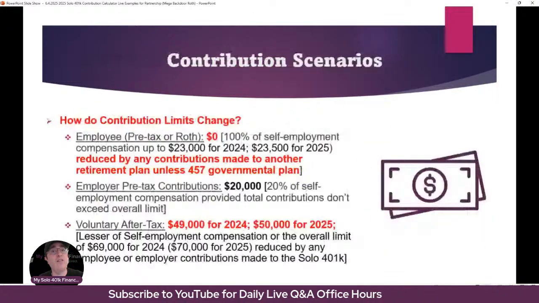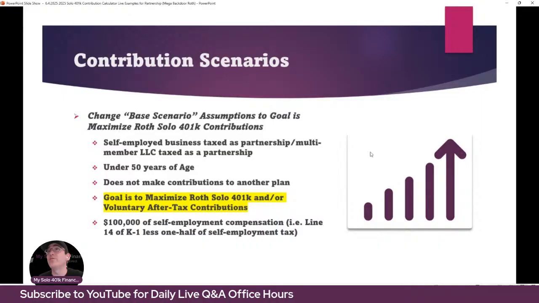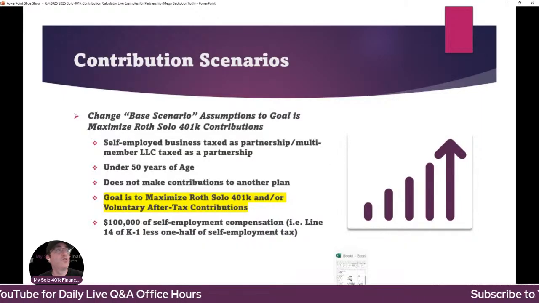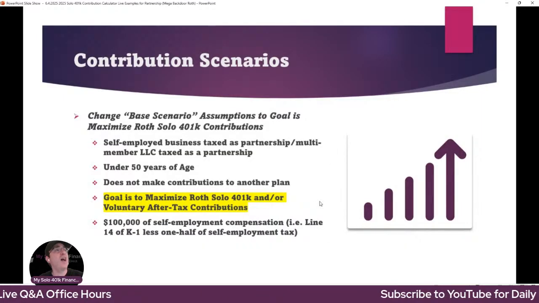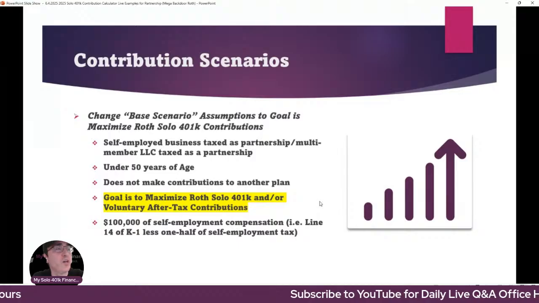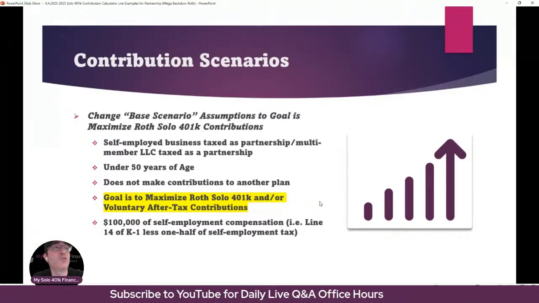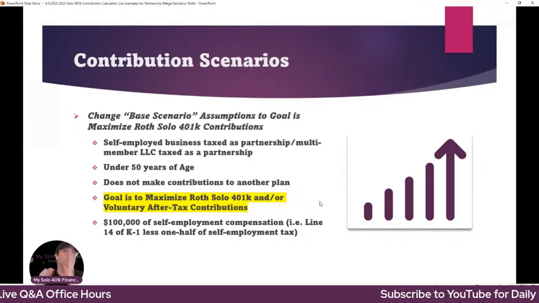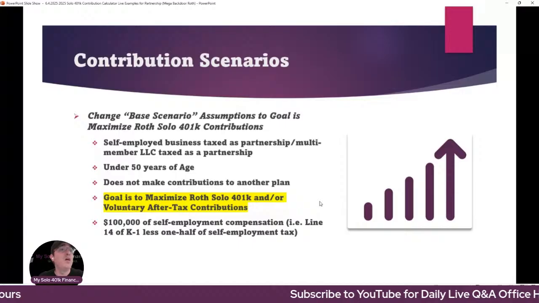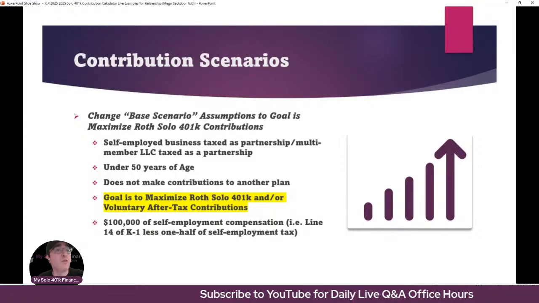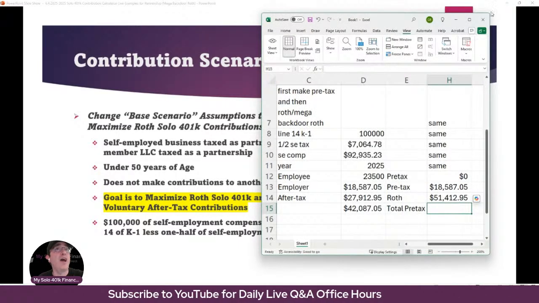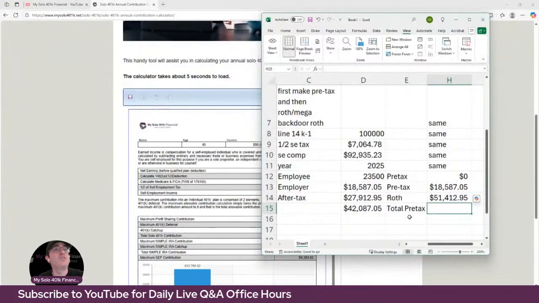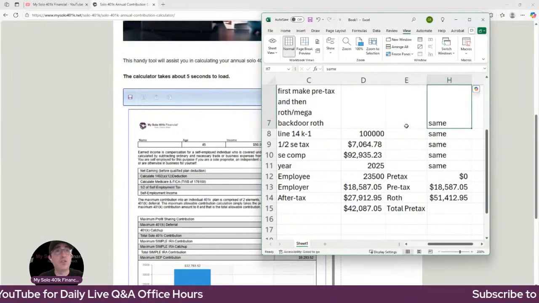Okay, great. So now let's go to one final scenario. So we're, again, a business taxed as a partnership. The person's under age 50. Here we're back to saying they do not make contributions to another plan. They've got $100,000 of self-employment compensation, or I should say $100,000 of line 14 K1 income. But their goal is to maximize only Roth or voluntary after tax. So how does that change? So let's go through an example